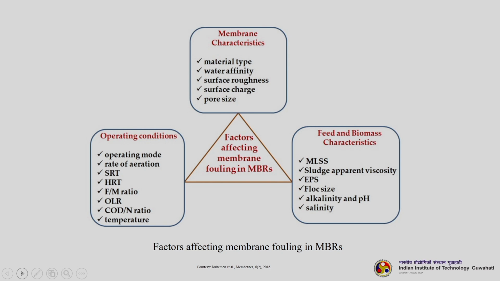So, these are the factors that affect the membrane fouling in membrane bioreactors. Membrane characteristics: as a material type, what is the water affinity, of course, surface roughness, surface charge and pore size. Then operating conditions such as operating mode, rate of aeration, SRT, HRT, F by M ratio, OLR, COD by nitrogen ratio, temperature if at all there. Then feed and biomass characteristics: the MLSS, sludge apparent viscosity, EPS, floc size, alkalinity and pH and salinity. All of this, so you can understand there are so many different parameters that affect the membrane fouling